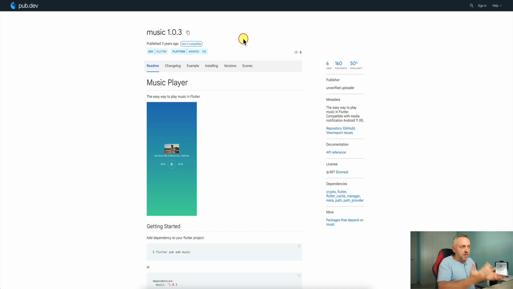Okay. And so you can pay them, maybe you can ask them and see if it's possible. And if none of that is possible, then you can't use this plugin. Then you have to either do it yourself, or you may have to change the way your app works. But thankfully, lots of plugins that I've been using, that I've showcased to you guys over the years while building all kinds of apps,